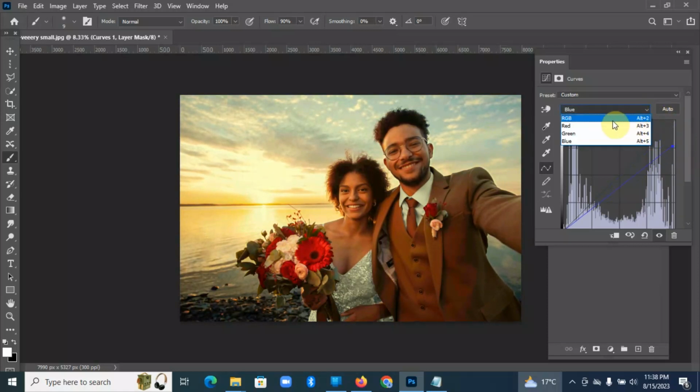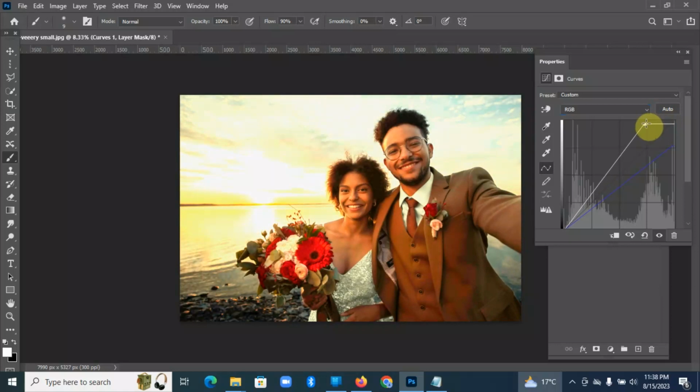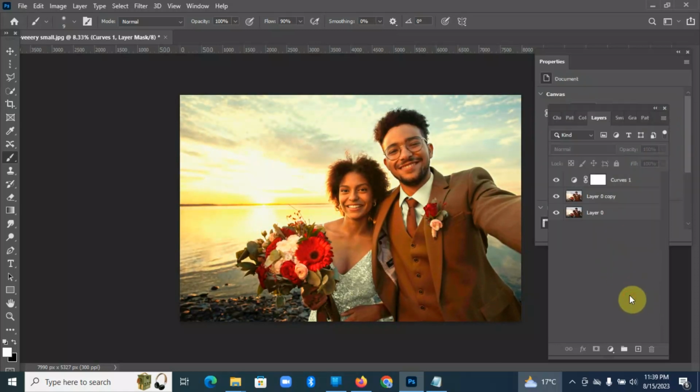And then I'll come over and take it back to RGB, and this one is what it's going to do. I'm going to increase, and it's going to intensify all the colors like that. I think that's okay. Now, given that this effect has affected the entire image, but in my case I wanted